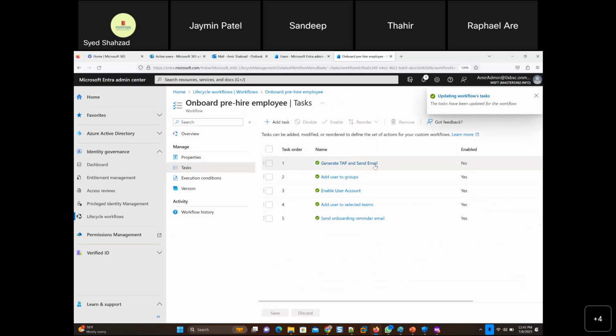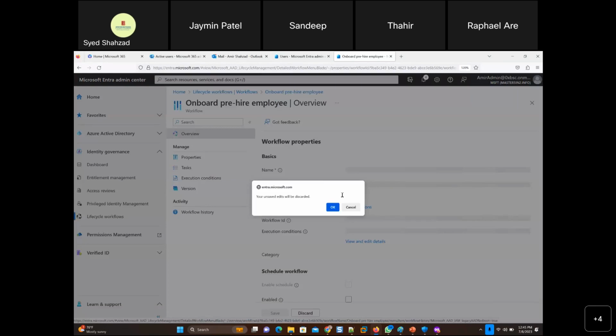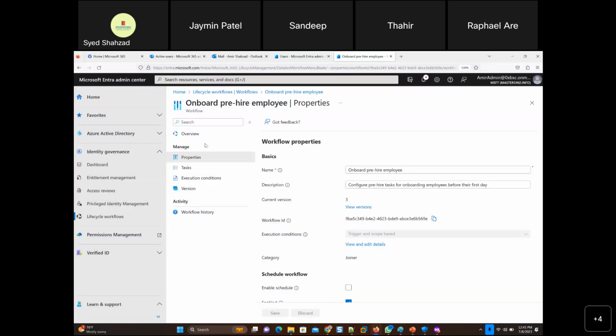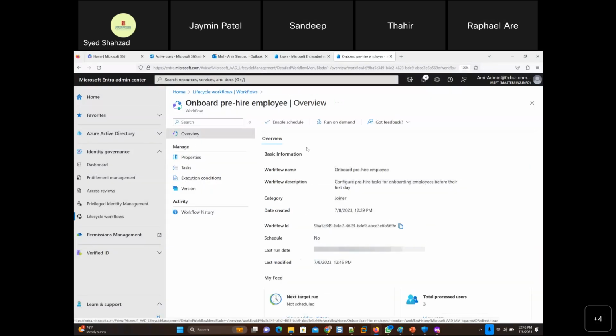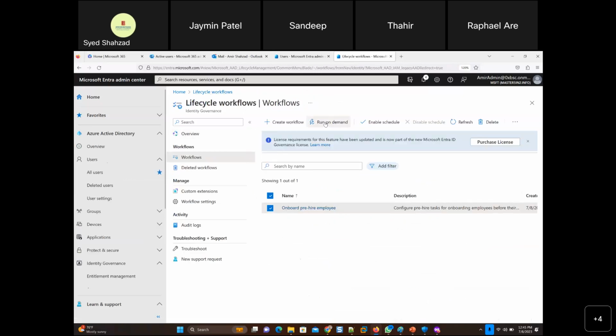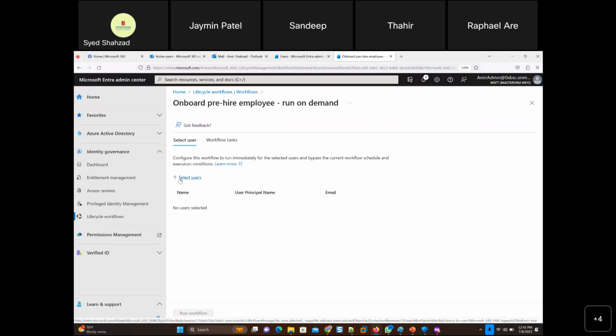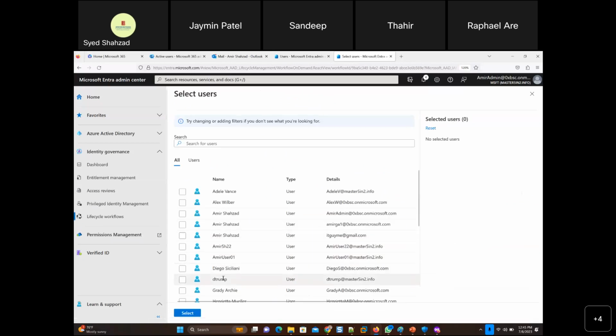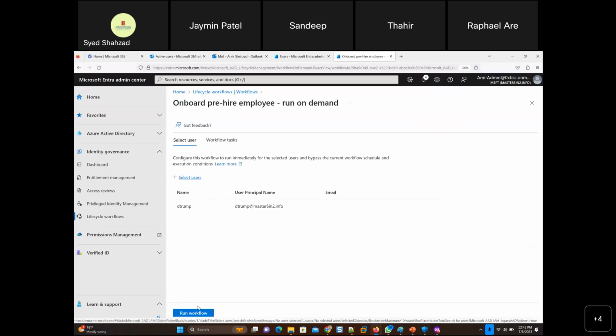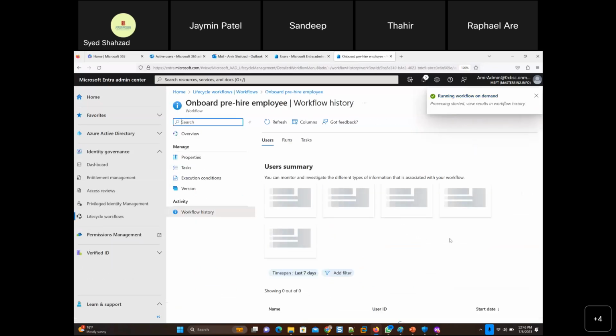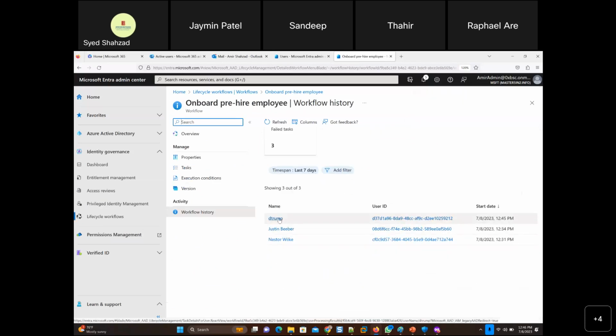So don't check tab, no. The rest, yeah, please check, right? So I put it back here like this, but I'm doing it too fast. That's why it's saying enable schedule. So now I'm just gonna run one more time. Users, D Trump. Well, now I can add Justin Bieber as well, but okay, D Trump. But tab requirement should not be met. Should not be 3 users. Okay, now what?